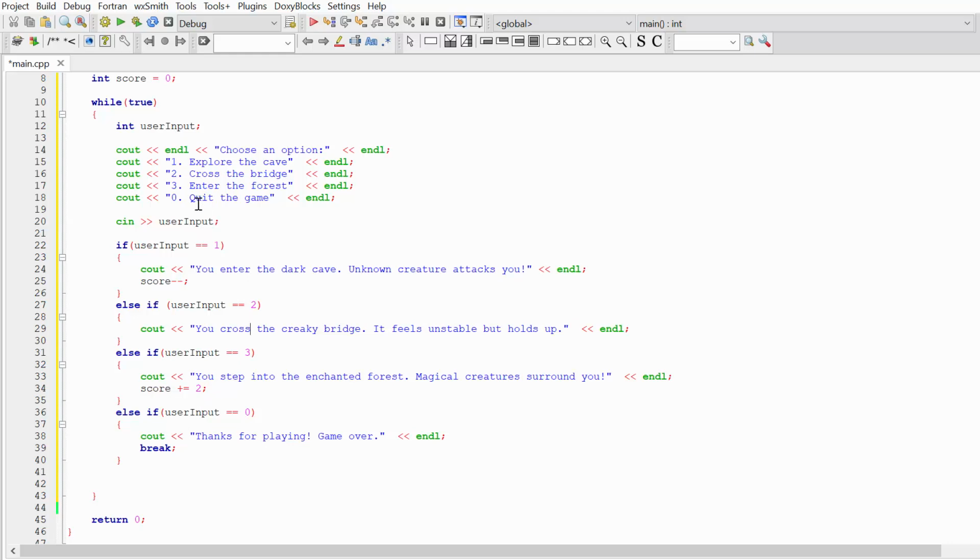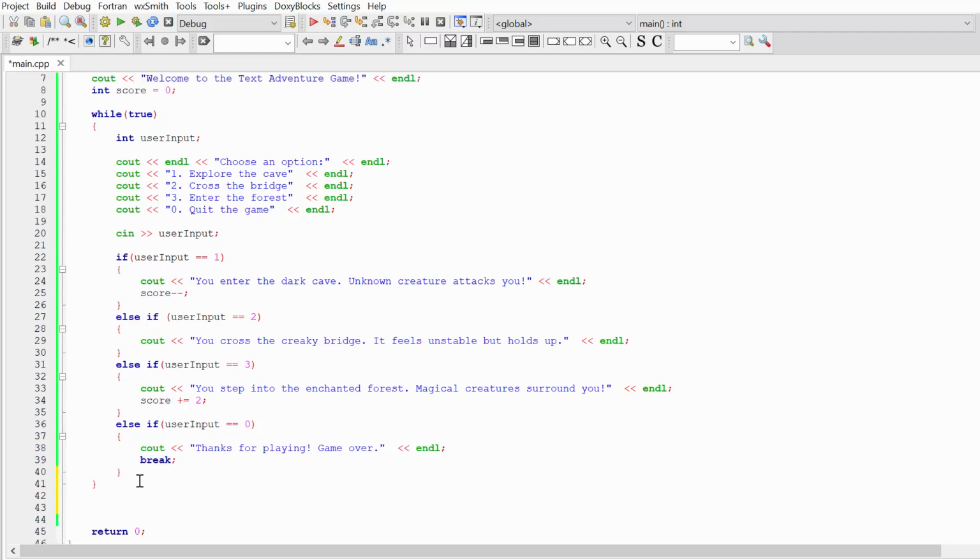But if our user presses 0, quit the game, we are going to print the message "Thanks for playing, game over", and we are going to break our infinite loop. And once my user decides to quit the game, I am going to give him or her the final score. So I'm going to print a message "Your score is", score, and a new line.